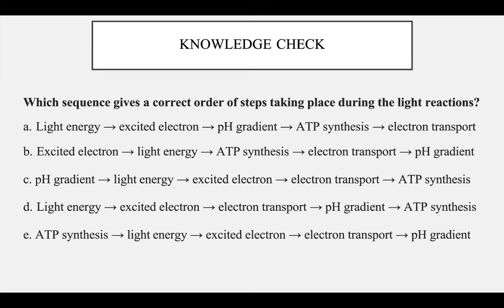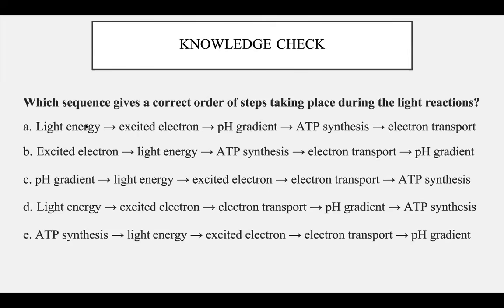Also, I know in your slides there's something known as chlorophyll A versus chlorophyll B. So chlorophyll A is the main chlorophyll that excites the electrons. So it's the main pigment required for absorbing light. Chlorophyll B acts as an accessory pigment to help chlorophyll A absorb more light and then excite more electrons.